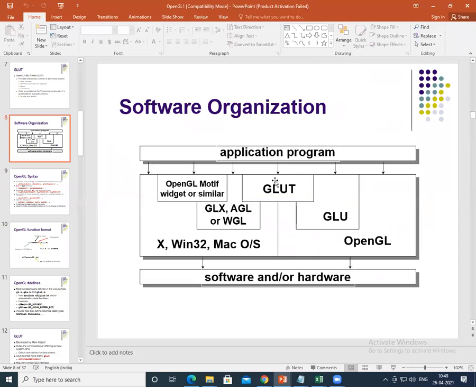How does the application program interact with the various libraries such as GLUT, GLU, and OpenGL? These are all the utility kits available with respect to the different windows. So here is the software and the hardware that interact with these built-in libraries with respect to the application program. I'll discuss this.